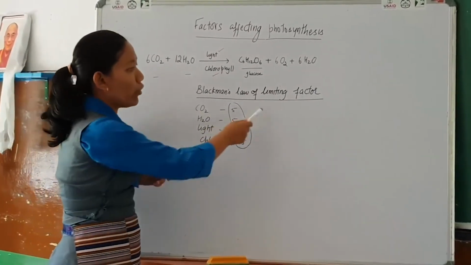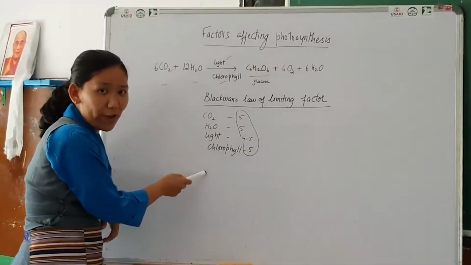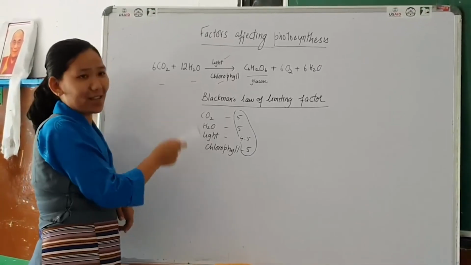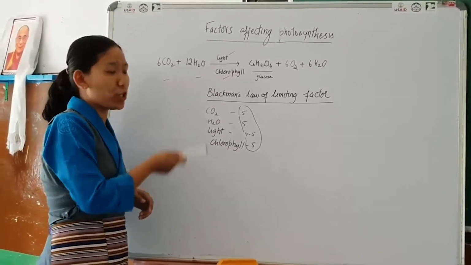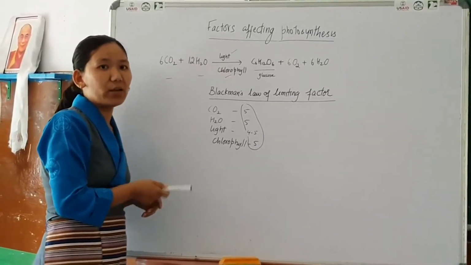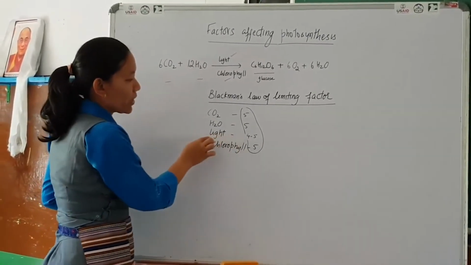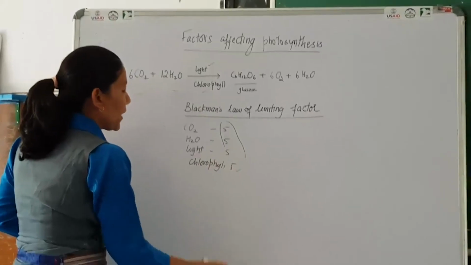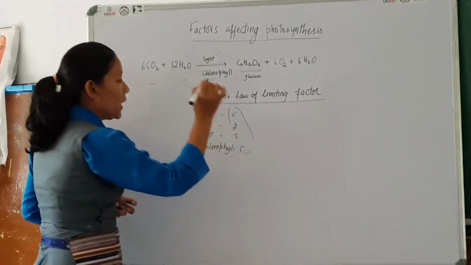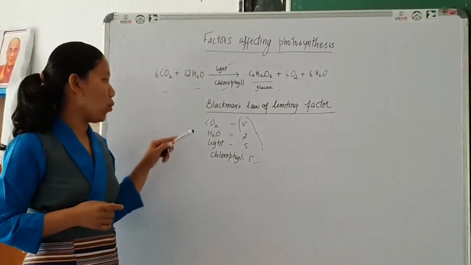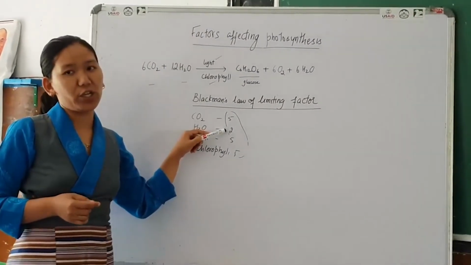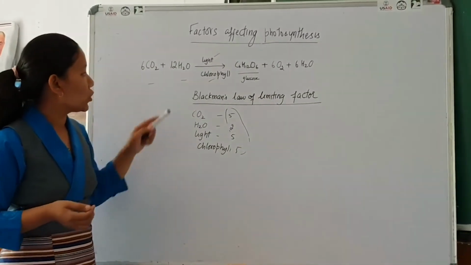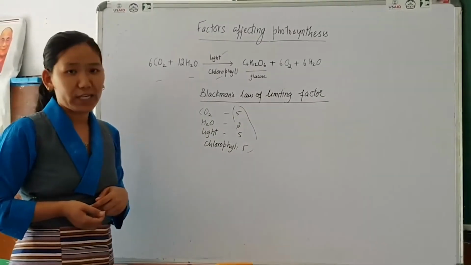Okay, got it. Now the law of limiting factor. So when there is more than one factor affecting the rate of photosynthesis, the one which is at the minimum value or concentration will decide the rate of photosynthesis. So the example given here is light. Likewise, we can give another example: for example, light is at a high value and the water value is very less, let us say 2. Again here, the limiting factor is water. So if you increase the water concentration, if you pour water to the plant, then the rate of photosynthesis will increase. So that is Blackman's law of limiting factor.